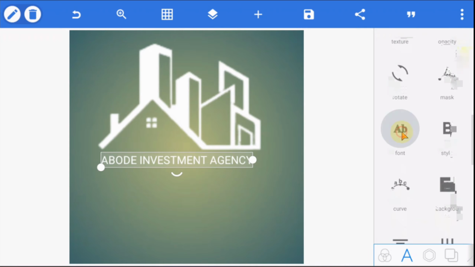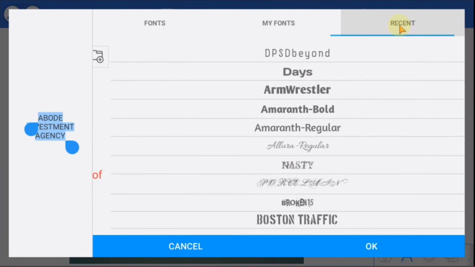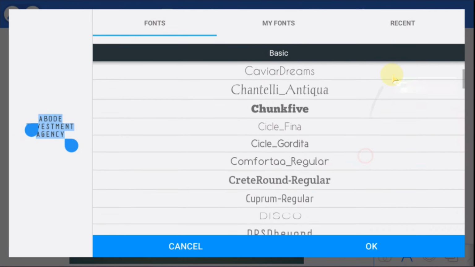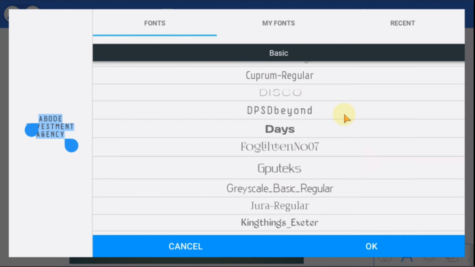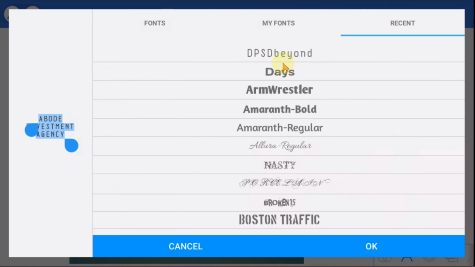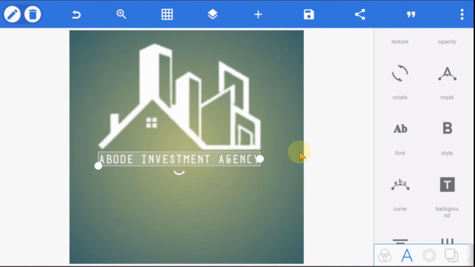So I can just go to font. I'll be making use of this font, DPS Beyond. So you can just check the link in the description. It will take you to the website where you can download fonts. So you can just search the particular name of this font, which is DPSD Beyond, and download the font. All right,